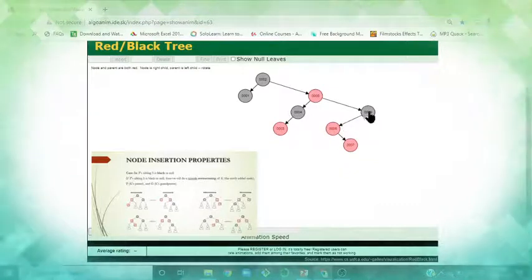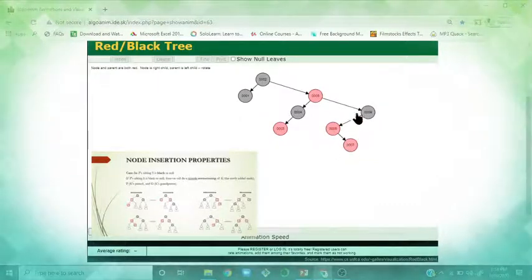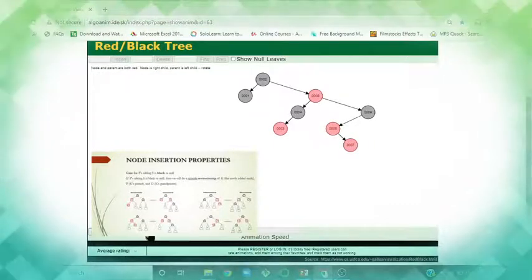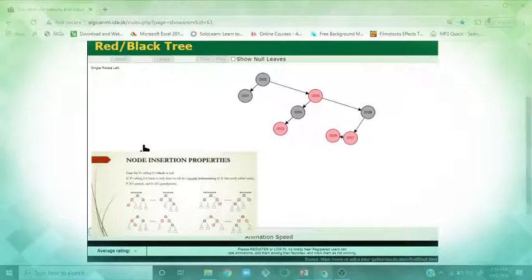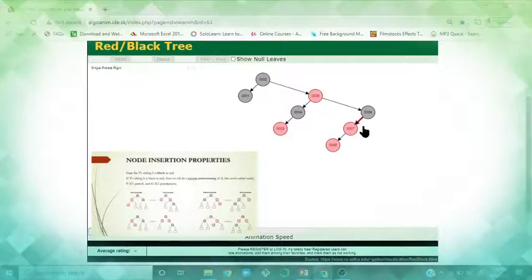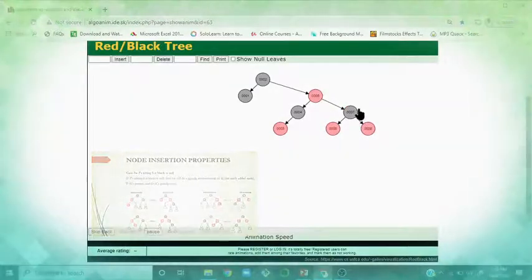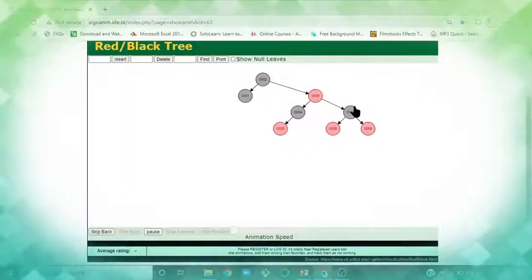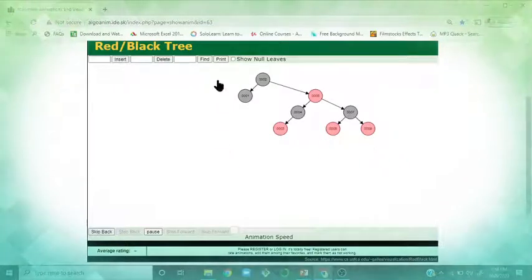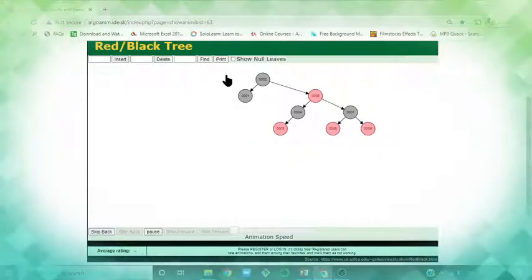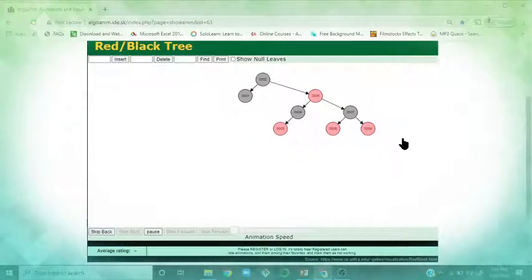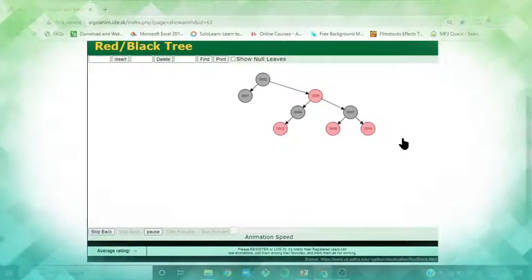So after making a rotation, make sure you're changing the color. The 7 you're bringing up should be in black color, and 6 and 9 should be in red color. I just made a double rotation, 7 goes up and 9 comes down. Once it comes down, this will be red and the parent will be black. Now I can see it's a complete tree structure. We don't make so many rotations. When it is needed, we make a rotation, or else we try to change the color and make sure it is in binary search tree concept.